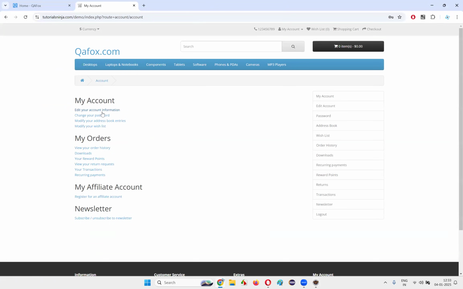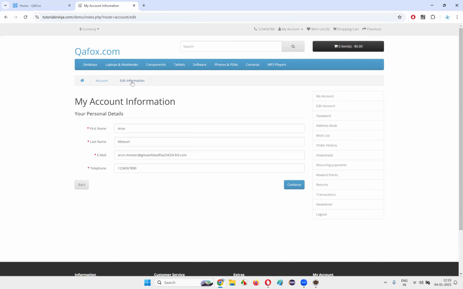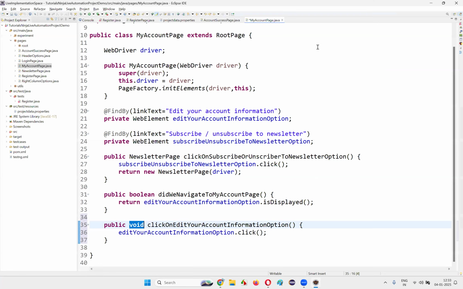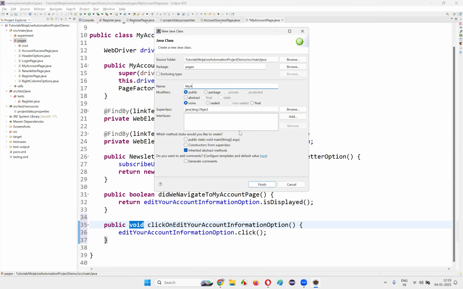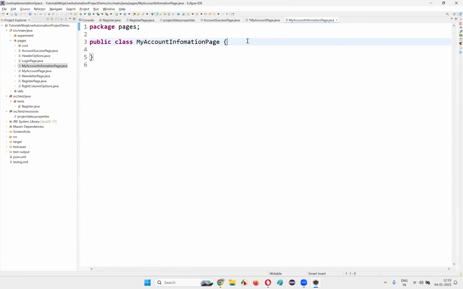Okay, when I click on that, what will happen? You'll be taken to another page, that is the edit your account information page. You will be taken to my account information page. So that page is not there here. I'll just create a page here, right click here, new class, my account information page,